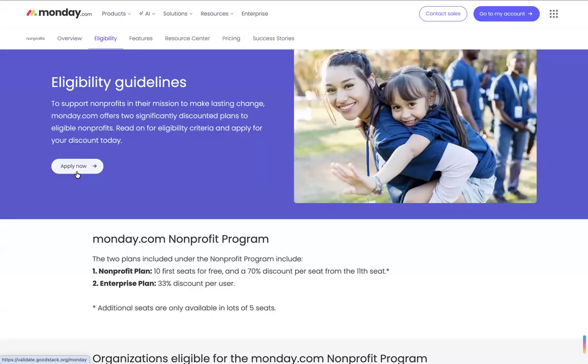What does that mean? Concretely, it means you get 10 free seats, meaning you and 9 colleagues for free. They pay nothing. We don't ask for a deposit or a credit card or anything. If you're a bigger organization, you want to buy more seats or upgrade, you can get a discount on either of those. And I should also point out, Monday.com now has 4 products.